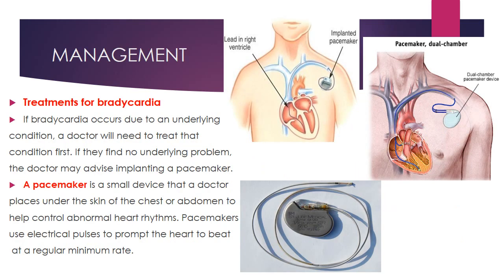So the pictures here are showing you what a pacemaker looks like. Here you have only a single lead, a small wire going into the heart chamber, into the right ventricle. Whereas here it is called a dual chamber, meaning there are two leads or two wires, depending upon how slow the heartbeat is or where the blockage is. So the person will have either a single lead pacemaker or a dual chamber pacemaker. The lead goes into the heart chamber, and the device sits on the upper portion of the chest below the skin.